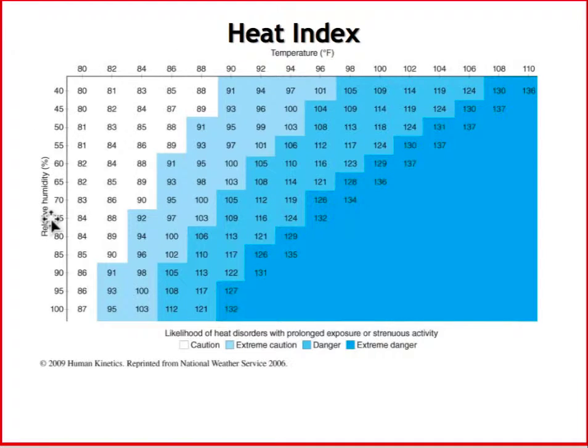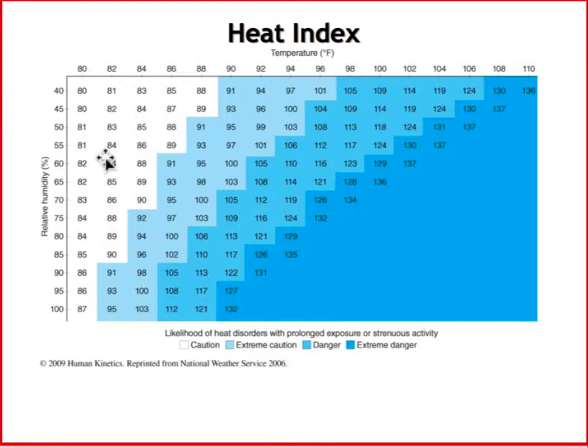I wanted you to be aware of the relationship, and I wanted to talk further about the relationship between ambient temperature and humidity. Heat index is how warm it feels, and how warm it feels is related to the ambient temperature and the humidity. The more humid it is, the more water vapor is dissolved in the air. And the more water vapor that's dissolved in the air, the less effective your body is at evaporative cooling, because less of your sweat is able to dissolve into the environment, and that evaporation of sweat from your skin is associated with your body's ability to cool.